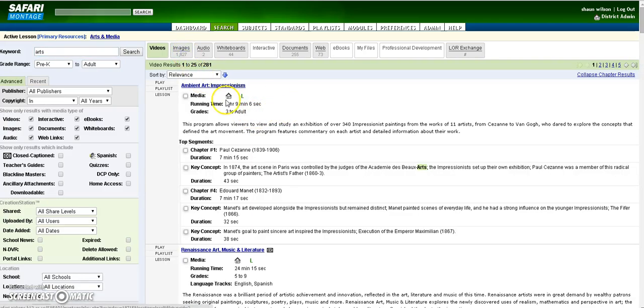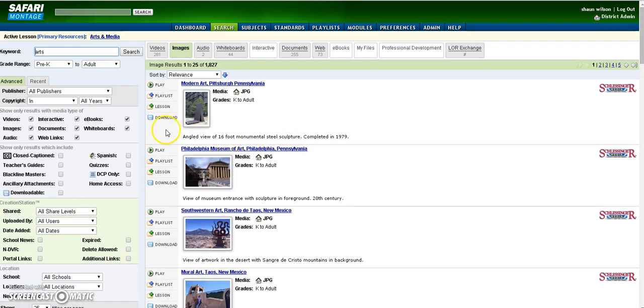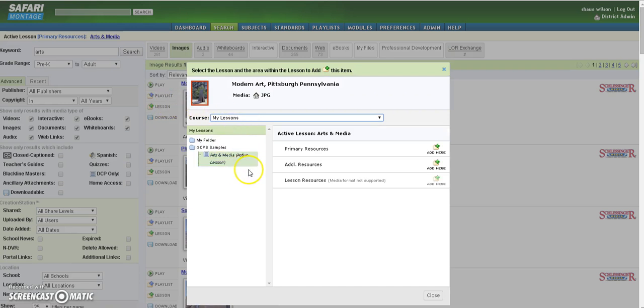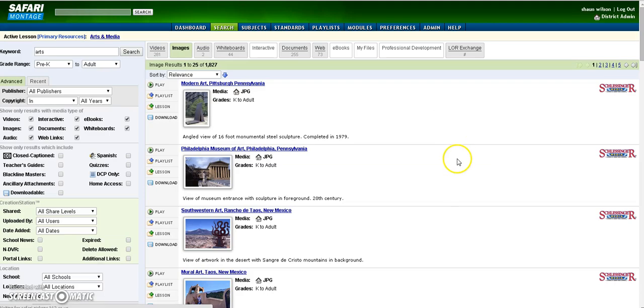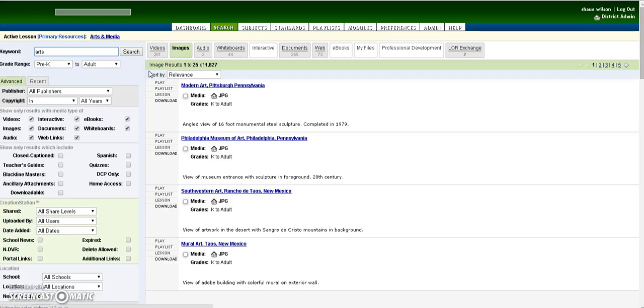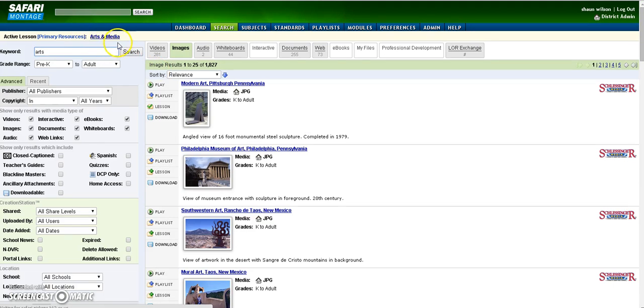If I navigate to the Images tab in Safari, I can perform a similar function by clicking the green plus sign again, and this time we'll tell Safari we want an image added to the primary resources group of our lesson. If I navigate back to the lesson being built by clicking on its name at the top left corner of the screen,